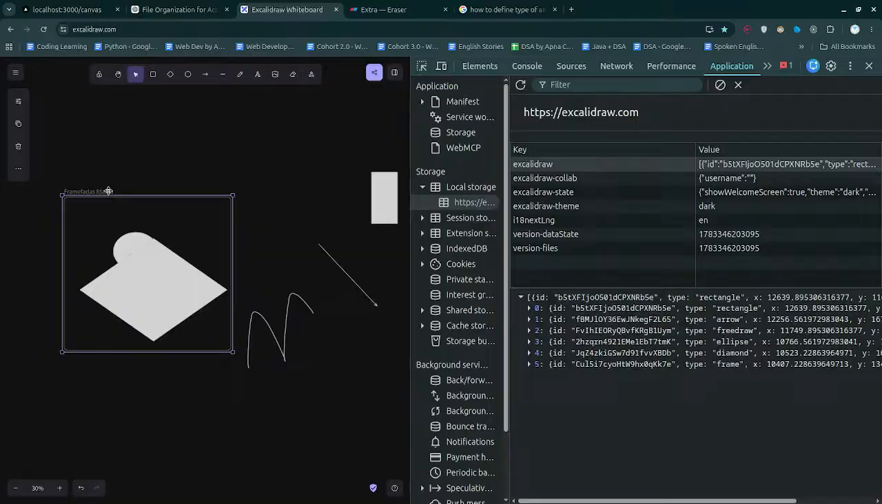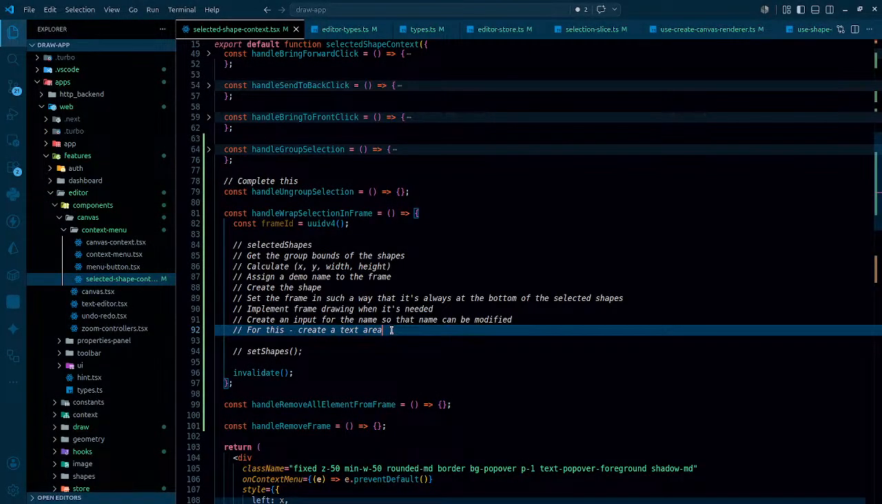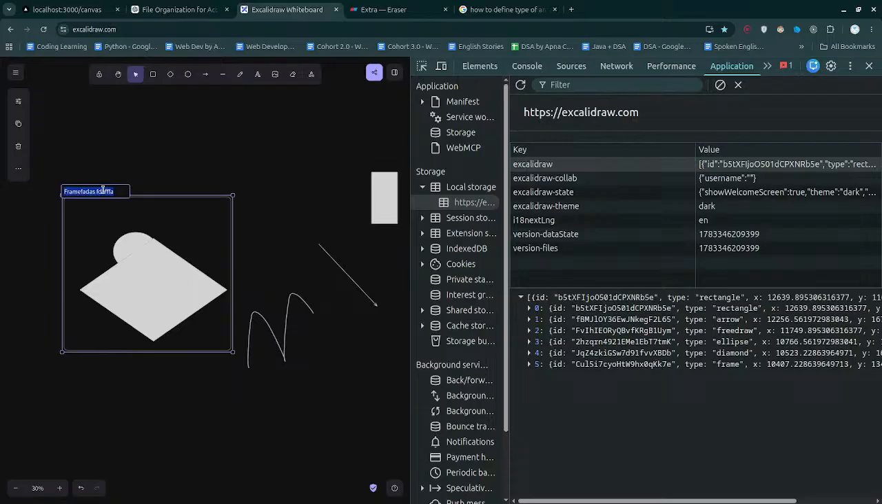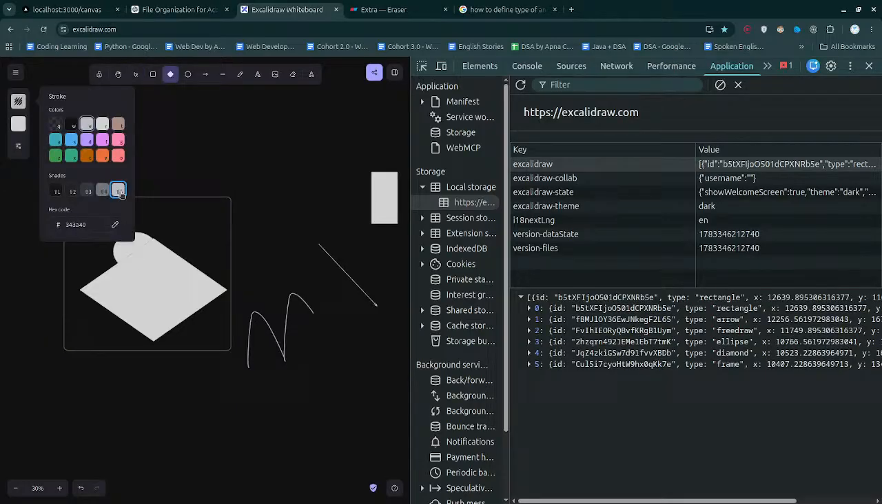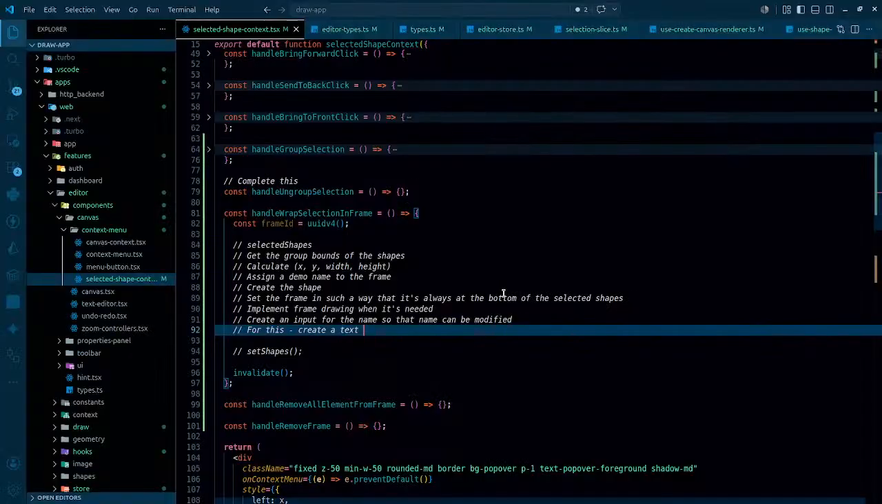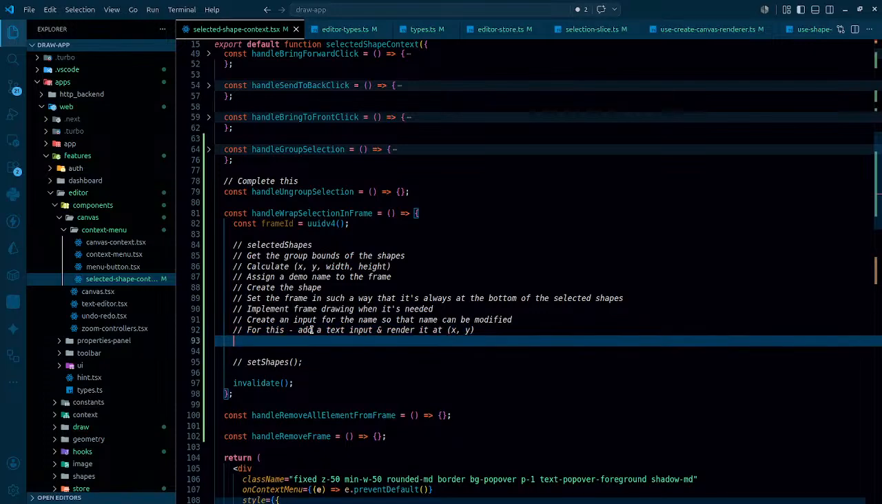Yeah, directly having that would be fine. Create text to that's gonna be input box. Add a text input and render it at x and y coordinates. And once we've done that,